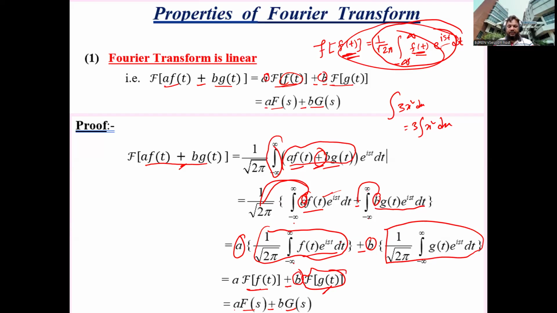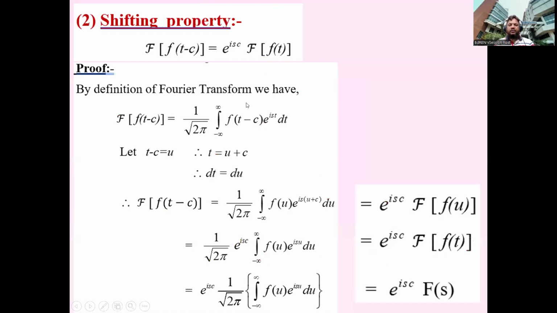Fourier transform is linear. Okay, so our next property will be the shifting property. That is, the Fourier transform of f(t) minus c can be written as e to the power isc times the Fourier transform of f(t). So by definition, again, if you write the definition of Fourier transform, already I have written in the last slide, that is the Fourier transform of